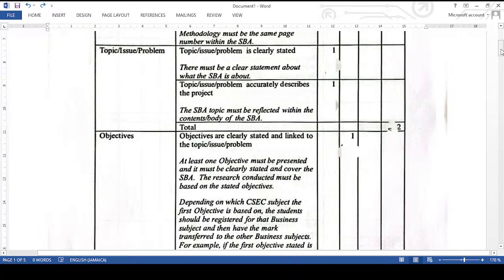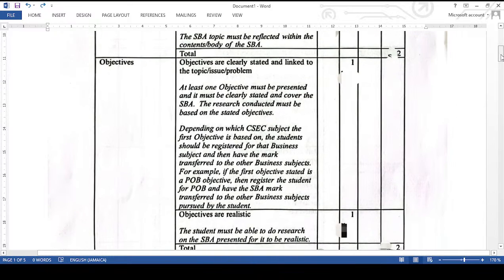Right. And then we look at the objectives. So the objectives of your SBA, right? For that section, you also get 2 marks. All right. So your objectives must be clearly stated and they must be related to the topic or the issue or the problem that you are seeking to discuss. So let us look at